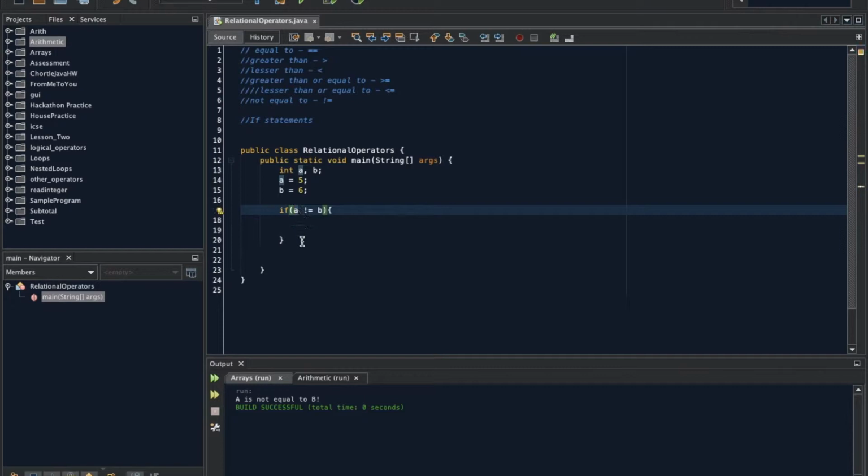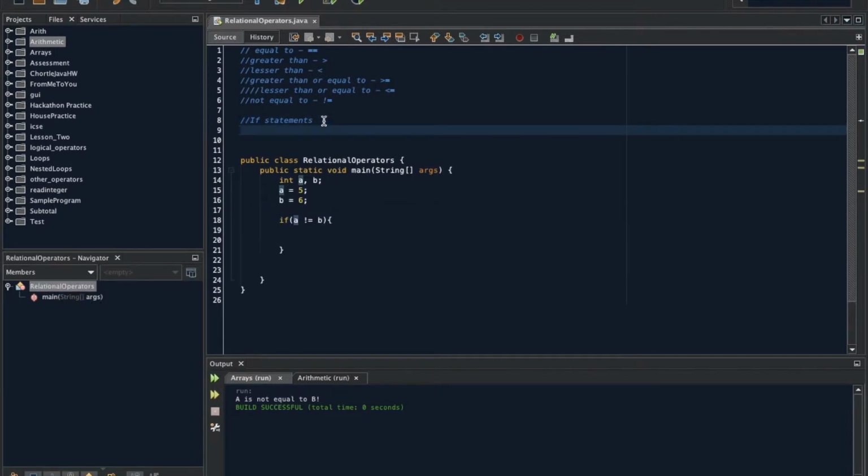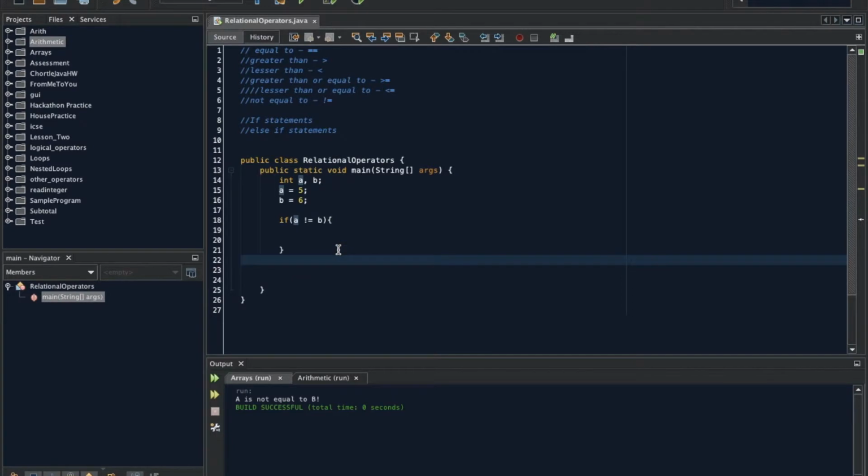So this is one extension of an if conditional statement. Now I'm going to teach you something else, which is called else if statements. You can look at else if statements as an extension to if statements. I'm going to type out: if a is equal to b,